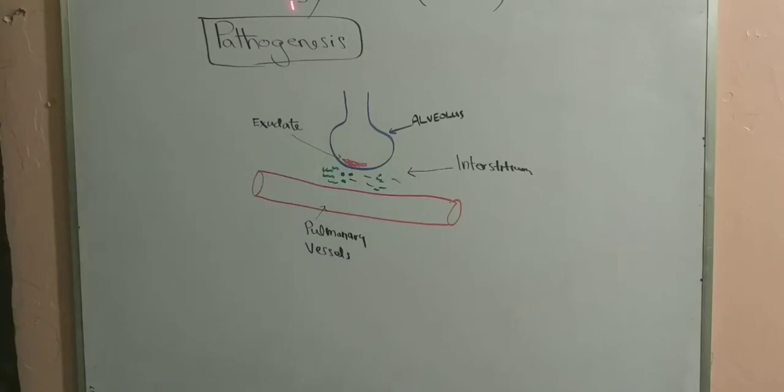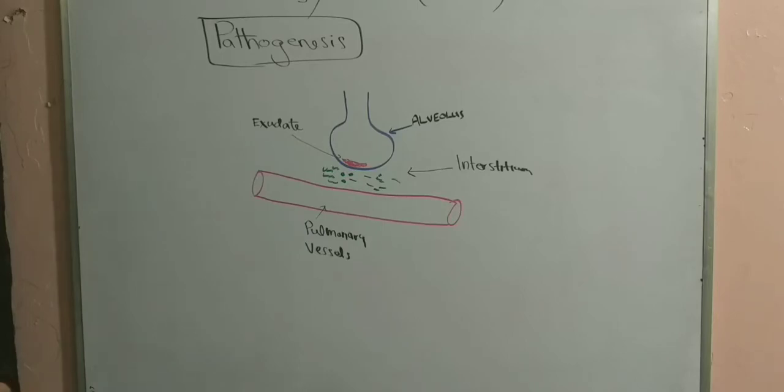Now, if we focus on the pathogenesis of acute respiratory distress syndrome, we'll have to focus on the alveolus and the epithelium of the alveolus. We should focus on the interstitium, which lies between the alveolus and the pulmonary capillaries. This part is known as the interstitium, and this part is the capillary endothelium. Now, whatever the cause is, be it direct injury to the lungs or indirect insult to the lungs, ultimately there starts a process of inflammation in the interstitium, in the capillary endothelium, and in the alveolar epithelium. These cells are damaged.